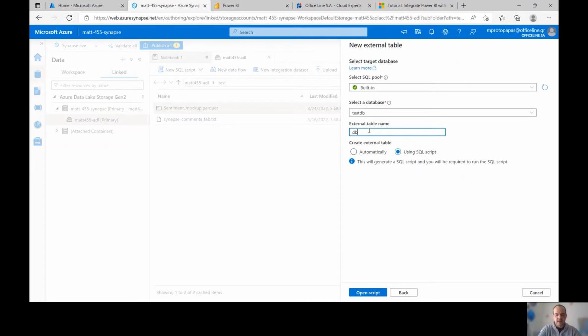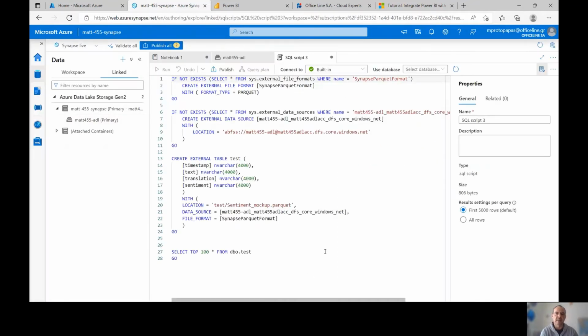You type schema and name of the table. Using SQL script will generate the script. I have already created that table, so there's no need to run the script again.